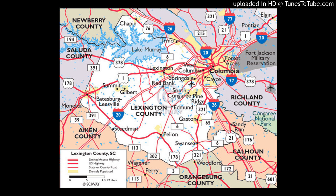The ESS downtown probably used to be a step, and I think it probably had city ring because when I dialed 11 into one of the trunks,